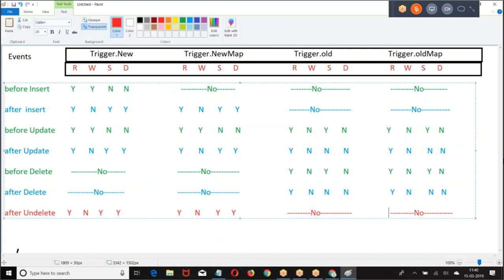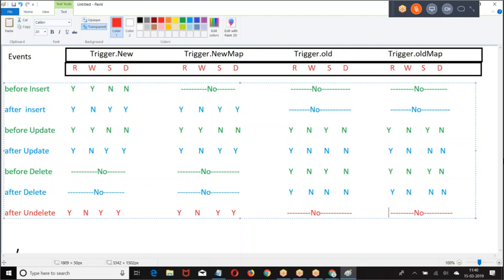If you understand this, the rest of what we wrote in the trigger is Apex programming. We only need to understand what is there in Trigger.new, Trigger.newMap, Trigger.old, Trigger.oldMap. If you know which data is available, which variable is available in which trigger, it is sufficient.